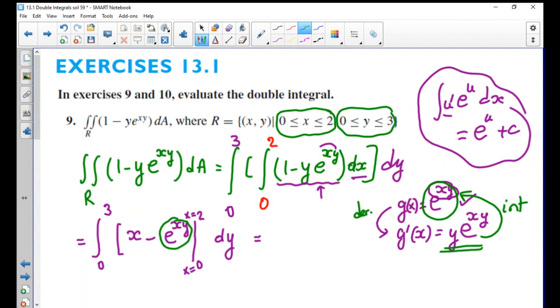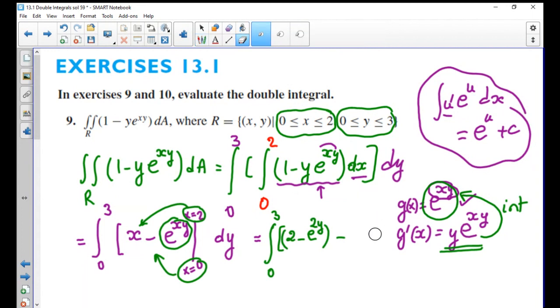Are you okay with that? Like this, yes. Okay, now we substitute x equal 2 in our function, also x equals 0 in the function. So the integral from 0 to 3, if I put x equal 2, so yeah, it's 2 minus e to y, like that, minus,